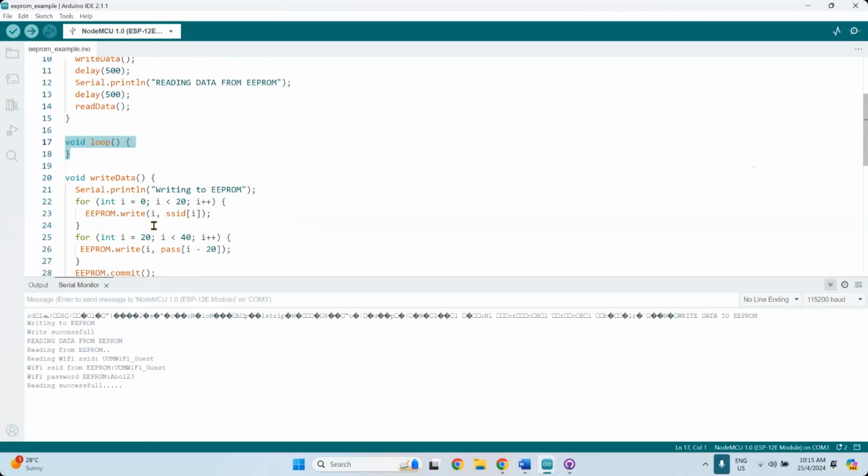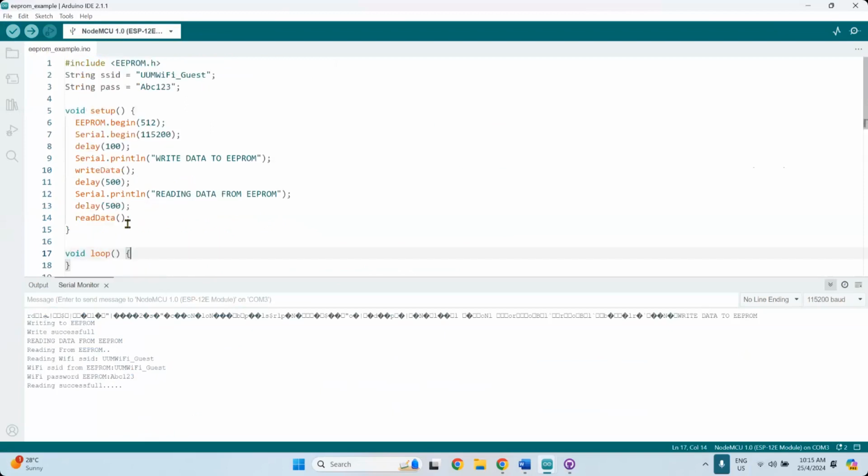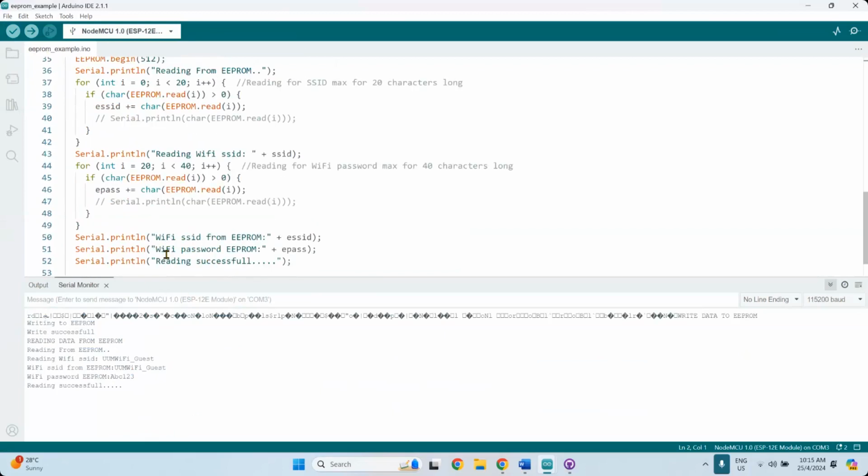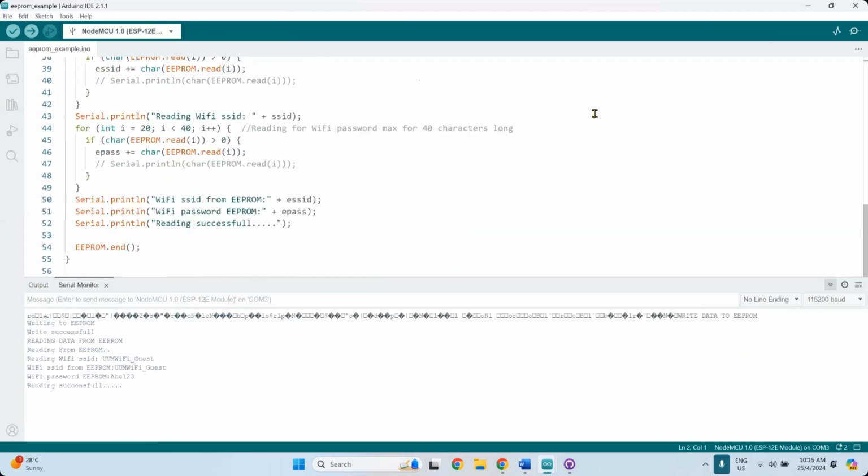So you don't want to write the data too many times, but if you put it inside the loop, it will definitely do that automatically for you. So everything is inside setup, one is write data, one is read data. The only thing you want to change later on, you can provide dynamically from your web server. Okay, so those two functions are very, very simple to use.